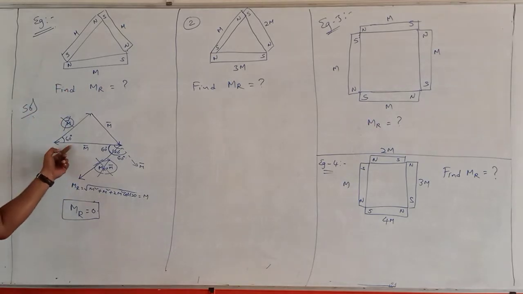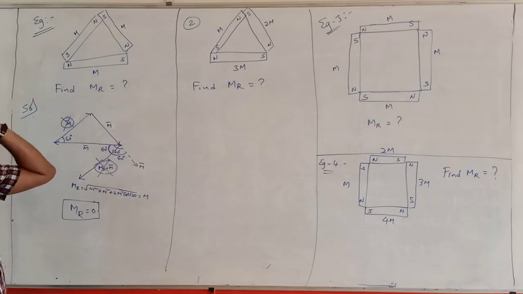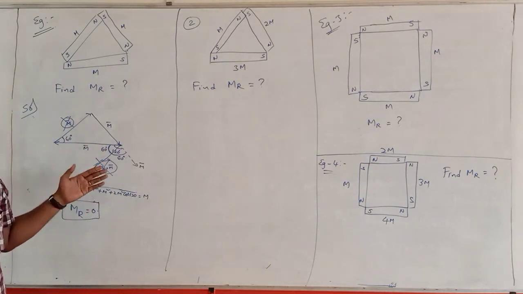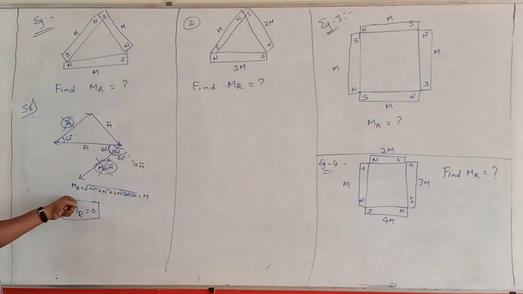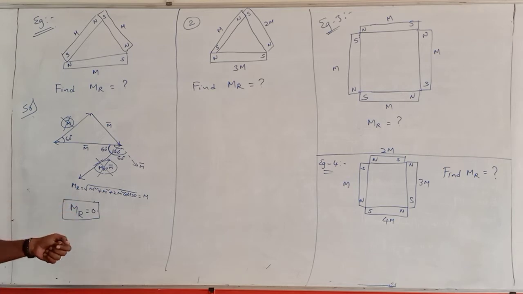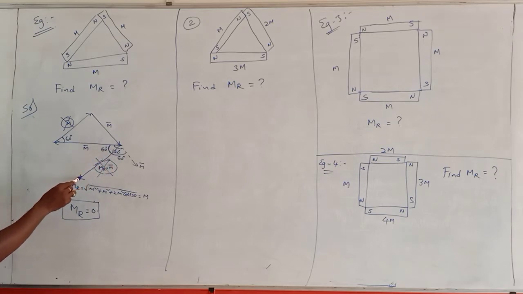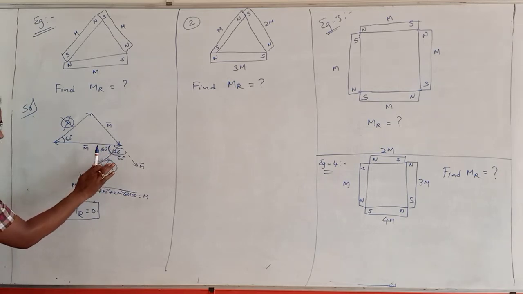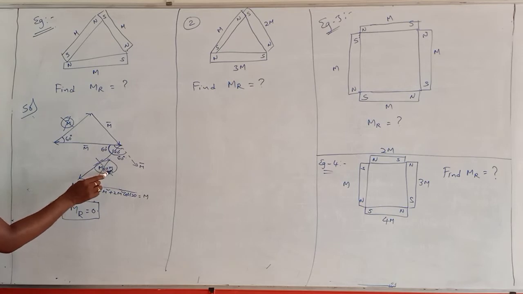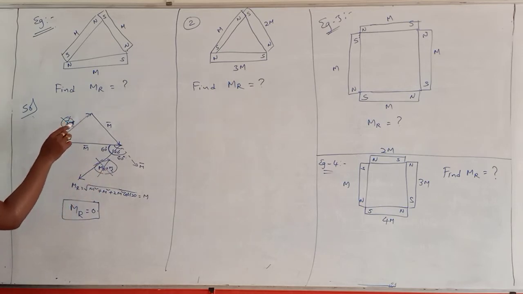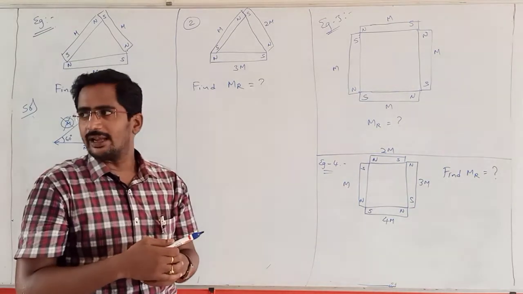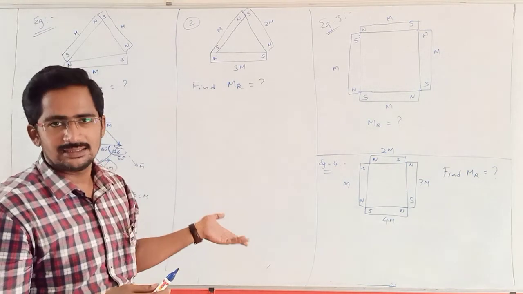For three equal vectors inclined along the sides of a triangle, the resultant magnitude is 0. You already studied it in the vector chapter in the first year, the same thing I am telling you. First, for these two vectors, the resultant is exactly at 60 degrees, and its magnitude is m only. This m is opposite to the third magnet, such that the two cancel, and the resultant moment value is 0.